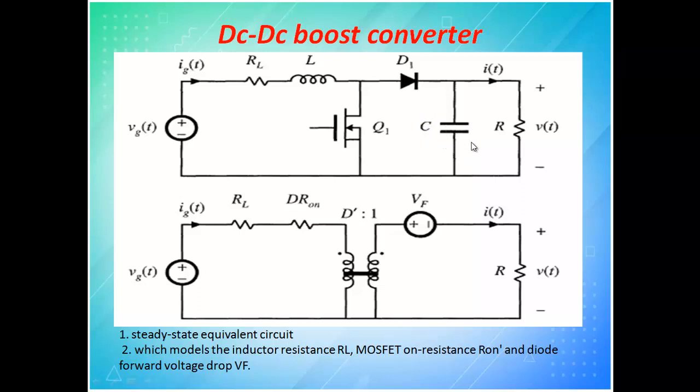So this capacitor will be charged to 2 Vg. Now this capacitor will try to discharge to the load. The thing is, a capacitor is not a source. It can only discharge, and the discharge will be at a very fast rate. Since the discharge rate is very fast, you have to charge this capacitor at a very fast rate. So that is why we go for high frequency.